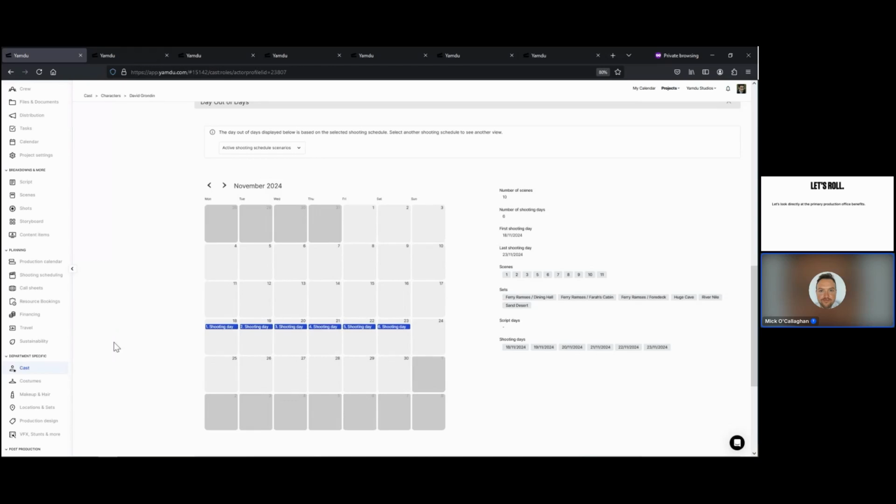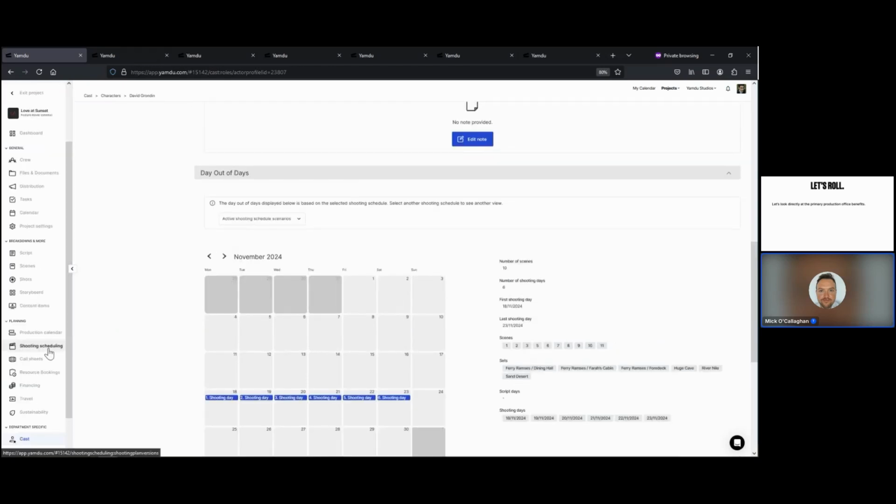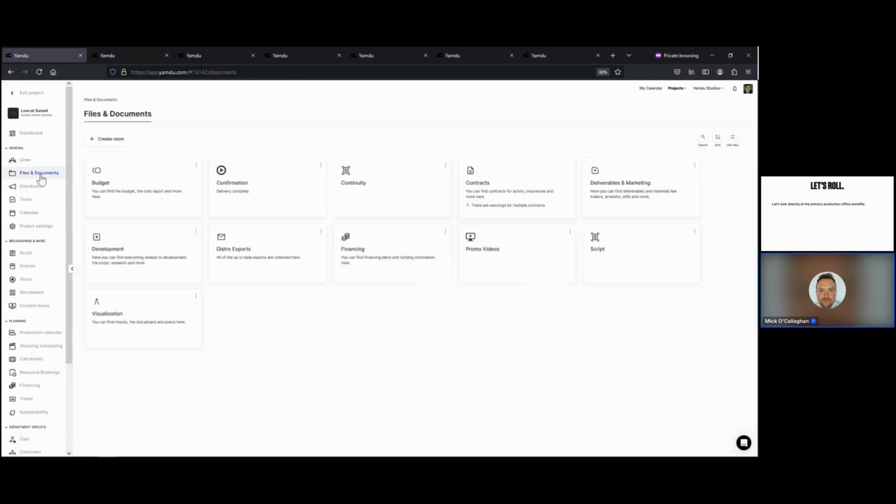So I simply wanted to point out that we have all of the crew and the cast, basically all of the personnel involved in this project in the system with all of their contact details. And the other thing is, of course, that we have a centralized file and document management area. So if I click in here, you can see that we can organize all of the information of the project